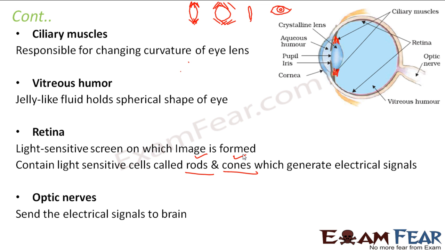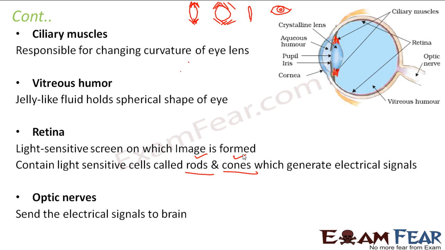So the eye consists of the cornea, which is a thin membrane which protects the entire eye. Light will enter through this membrane. After that, it will pass through the aqueous humor, which is a fluid-like structure, and it has some refractive index, because of which refraction will take place here. Then comes the pupil, which is surrounded by the iris. So the pupil and iris together will control the amount of light entering the eye.